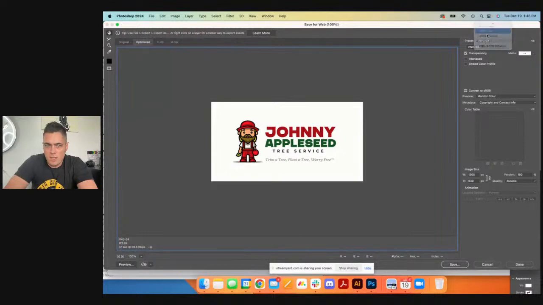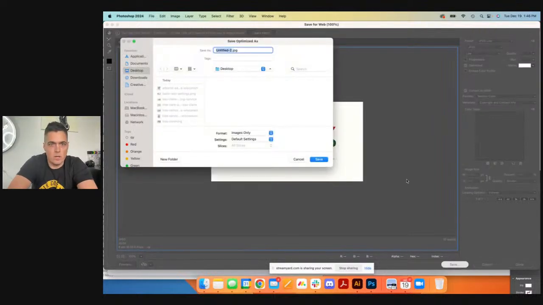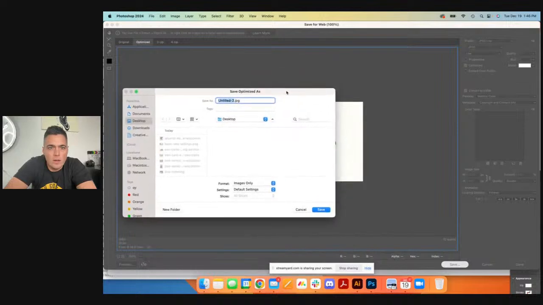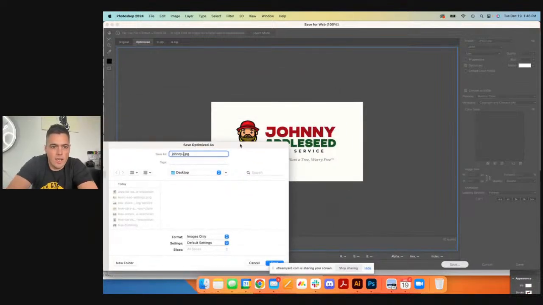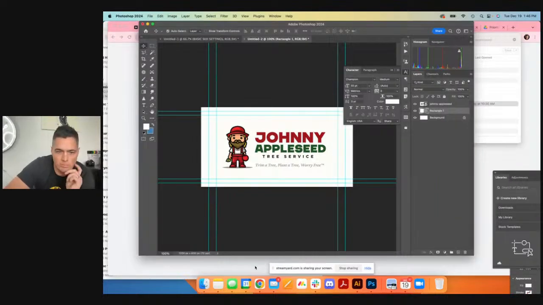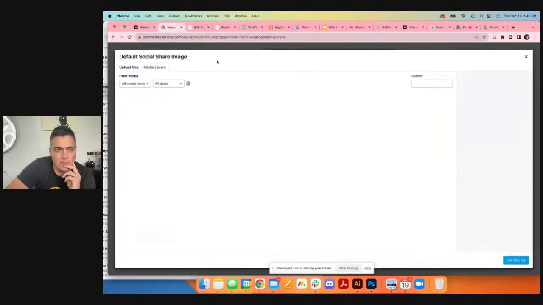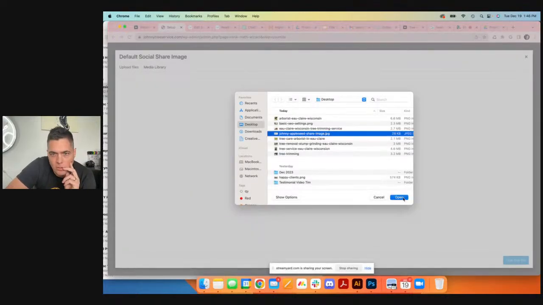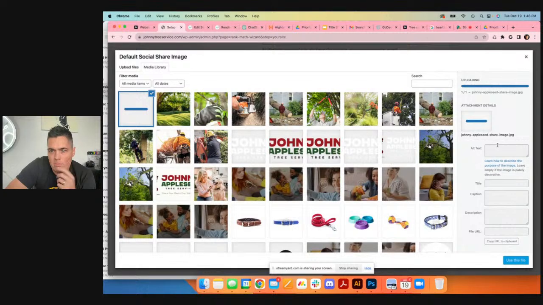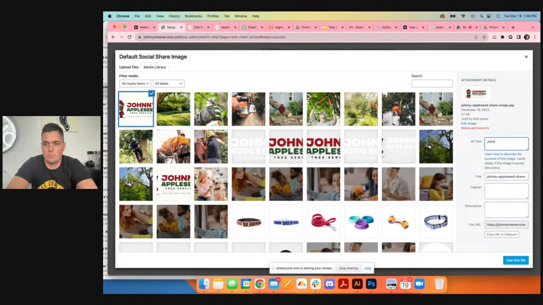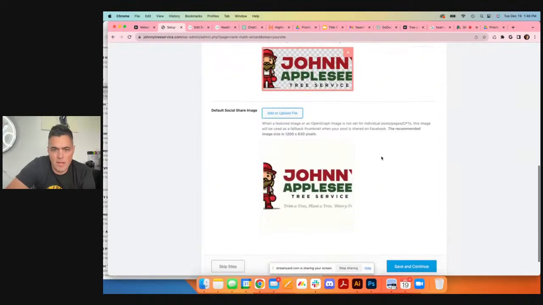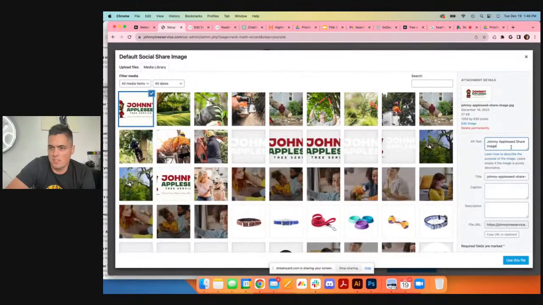We'll probably do it as a JPEG because it's a little lower loading amount. Johnny Appleseed share image. Boom. And then I'm going to go back here and add it. Johnny Appleseed share image. Make sure, every time you do this in here, and I'm going to remind you of this every single time,